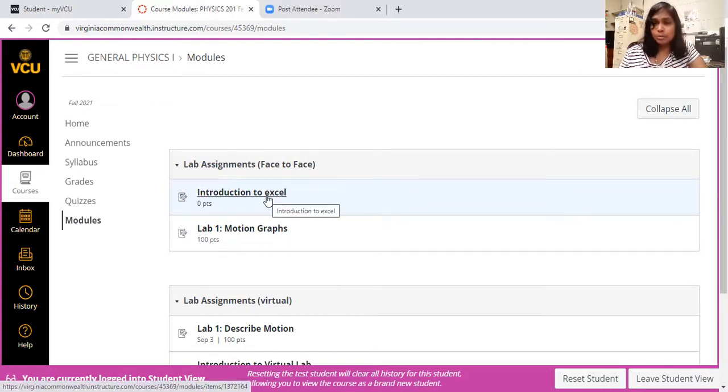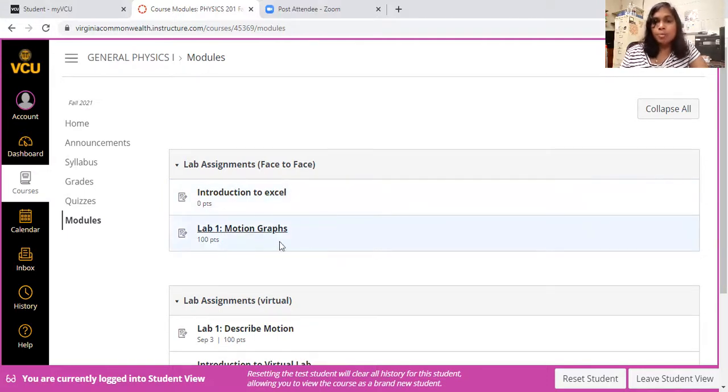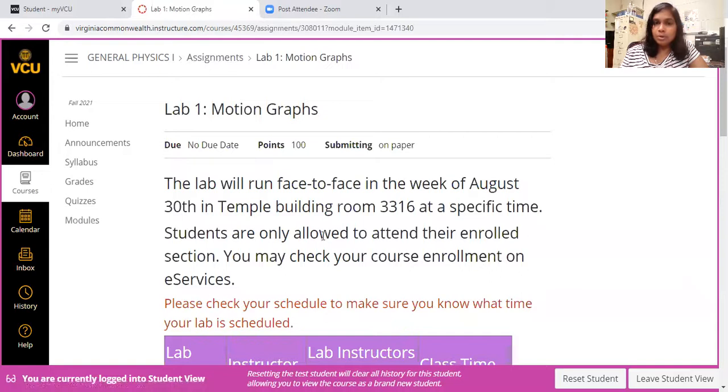If you need support, you can talk to me, you send me an email, or you can come to my optional Zoom meeting where you can meet me or the GTA, Graduate Teaching Assistant, that should be able to help you. Now, Lab 1 motion graph is already open. For 202 students, it will be open on Wednesday morning. So for 201, the motion graph experiment is already open. So open that, and you were given all the